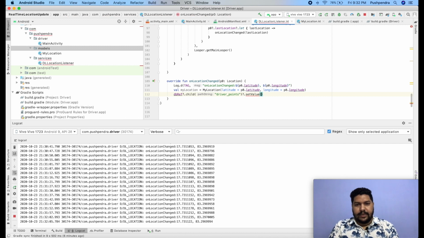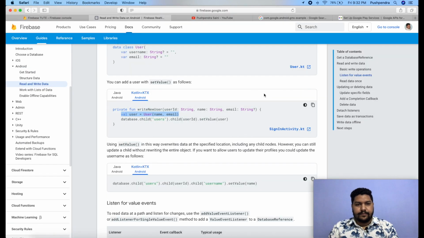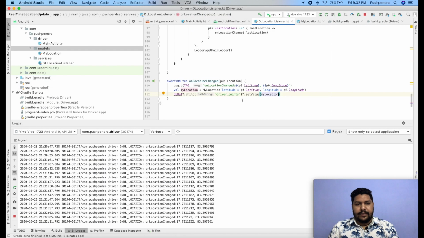Here I'm going to set my location. Now it's done. We have done that. Now we will check the output, whether it is updating or not.